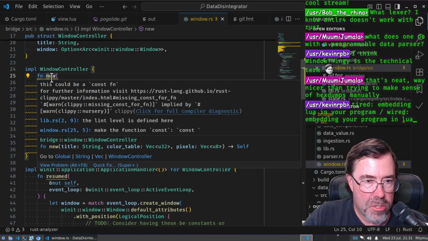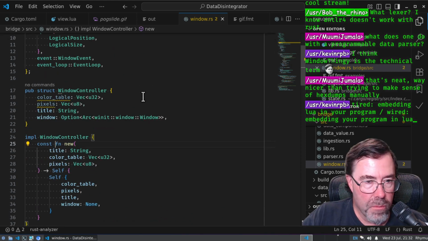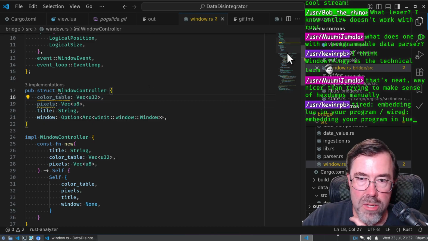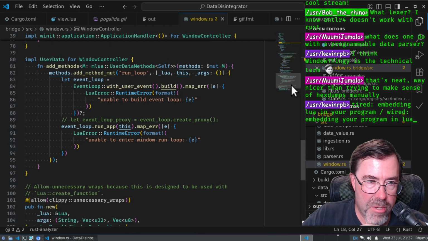Hey, this could be a const function. Thank you very much. Make it const. Yeah, we're not using this yet, and that's what we're going to solve next. We want to actually use that stuff. So here's where it gets a little bit messy, because